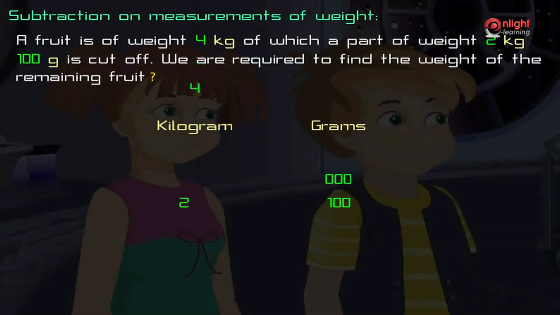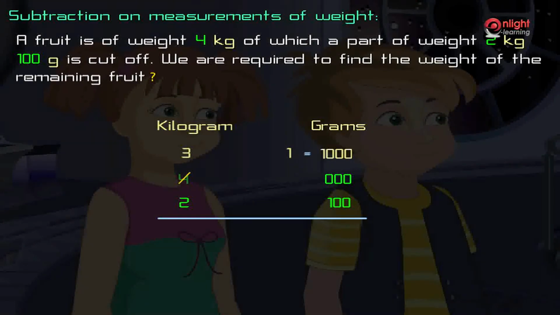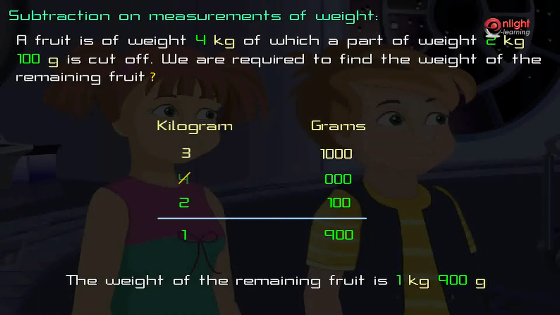After arranging as such, they are then subtracted like whole numbers, and starting from the right, 1 is carried from the left. Since 1 kilogram equals 1000 grams, hence 1000 minus 100 equals 900 grams. Now, 1 is subtracted from 4 in the kilogram column. We get 3 minus 2, which is equal to 1. Hence, the solution is 1 kilogram and 900 grams.